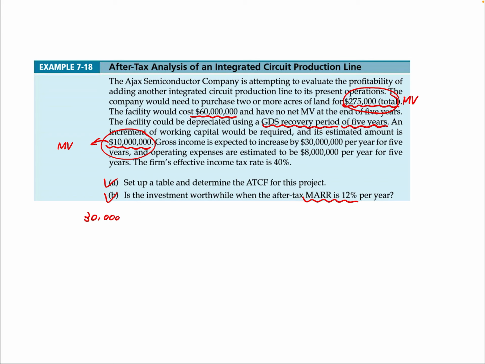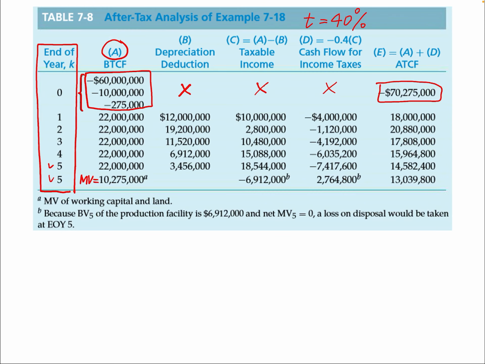Your gross income for each year will be 30 million minus 8 million. That's how you get 22 million. That's your positive 22 million every year. Okay, so this 22 million comes from